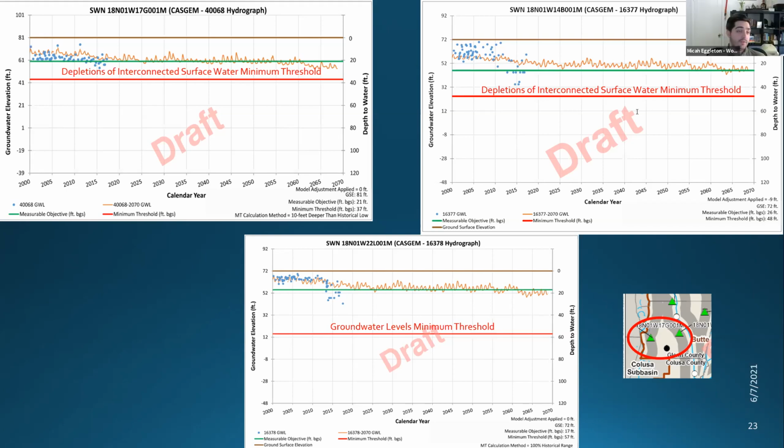Yeah, thank you, Leslie. And I would also add to that no model is 100% accurate. And so the more data that we collect and the more this is revised, the better the model is going to get. But again, this is also just based on conditions before Sigma was implemented. So we also have projects and management actions, a huge part of the GSP, that if levels were to get around their minimum thresholds, the GSA can take those actions or implement those projects to help correct some of these issues that might occur in the future. That's hypothetical. I'm not saying that's going to happen. But that's why the PMA section is such a big part of Sigma as it is.